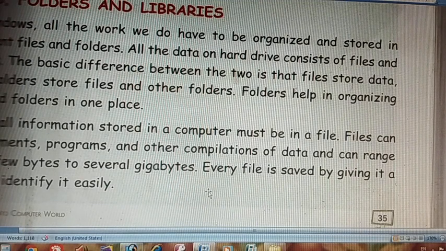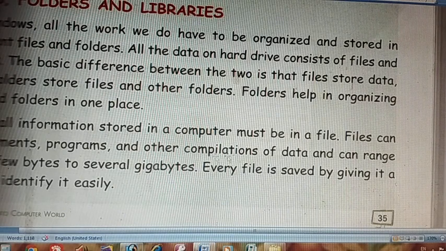Almost all information stored in a computer must be in a file. Files can be documents, programs, and other compilations of data, and can range from a few bytes to several gigabytes. Every file is saved by giving it a name to identify it easily.